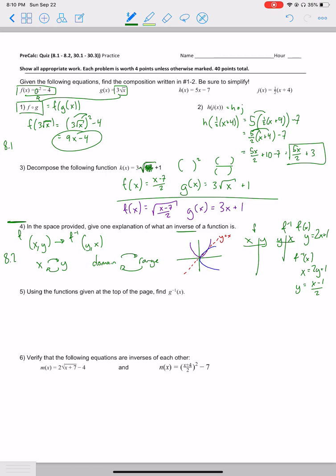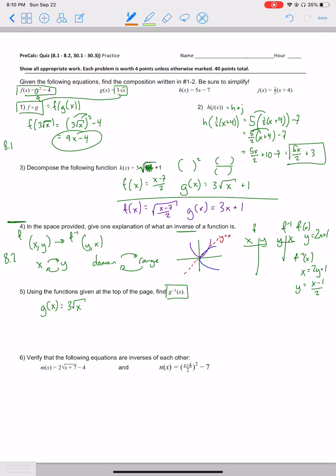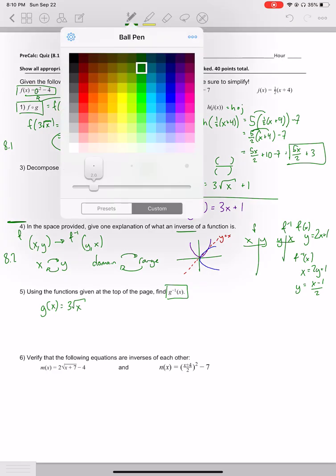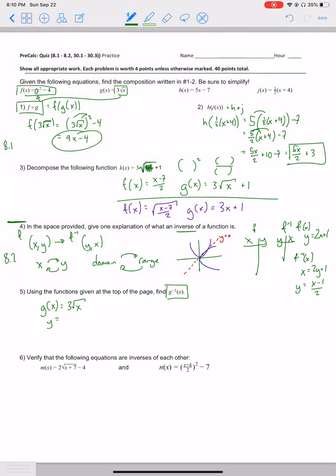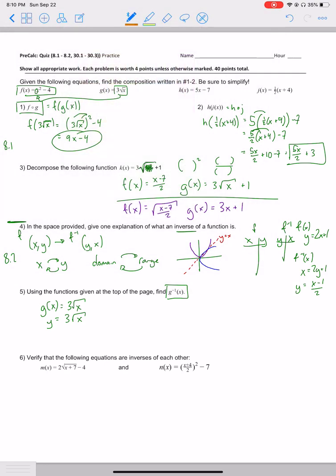Next up, we actually have to find an inverse, and here it says find the inverse of g of x. So here is g of x. All right, and as I did in class, I will always change color when finding the inverse. But the first thing I do is get rid of that function notation because it can be confusing, and just write it in normal notation. So, as we said